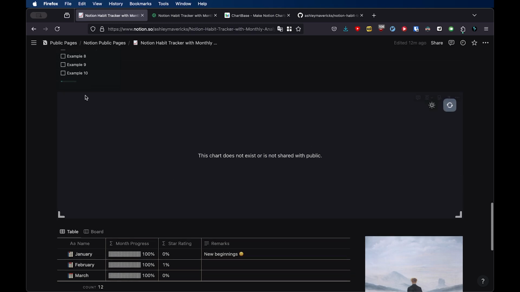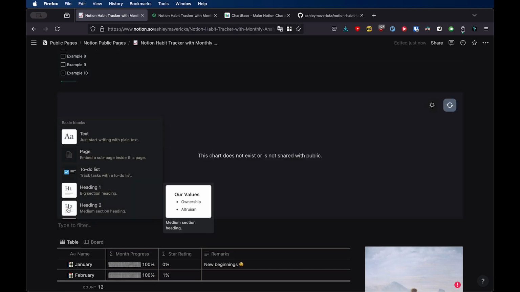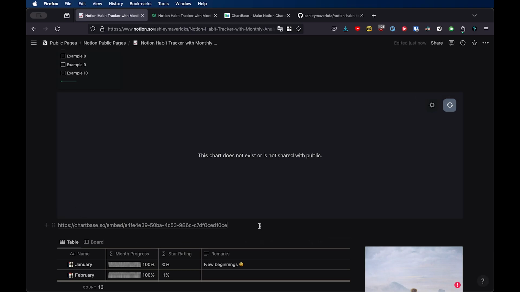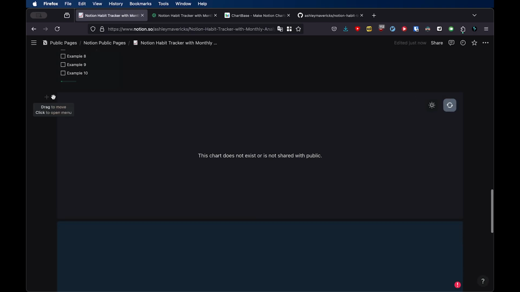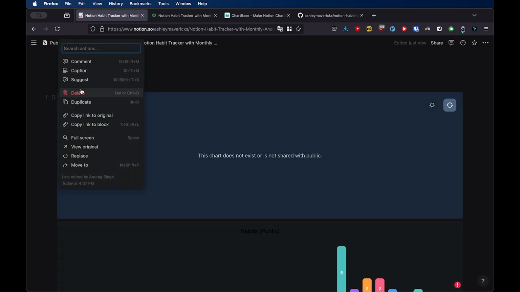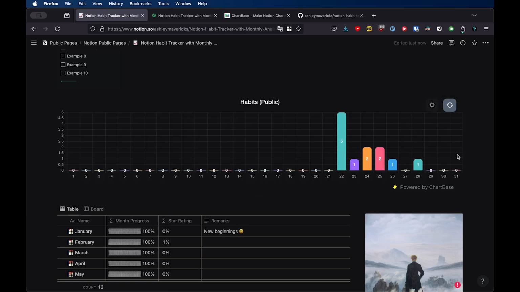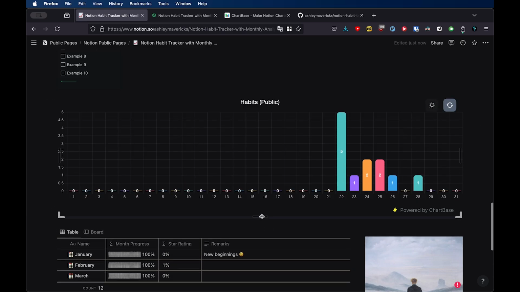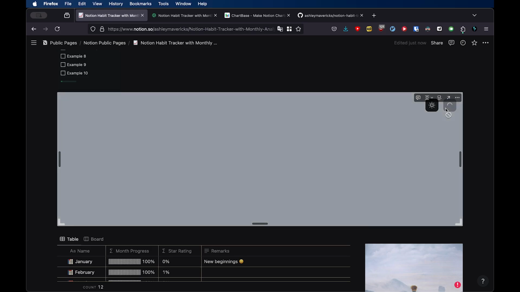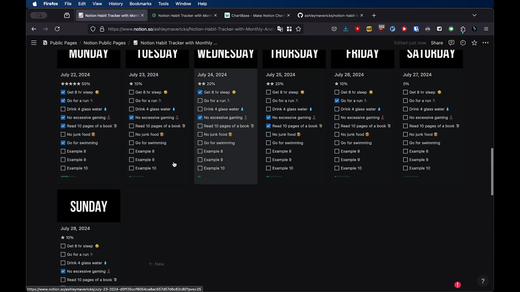So here you can see the chart was already there, but what we will do is delete it. We'll Control V, and we will choose the embed option. And let's just delete this older chart. And here we can select the night mode. We can increase the size of this chart,